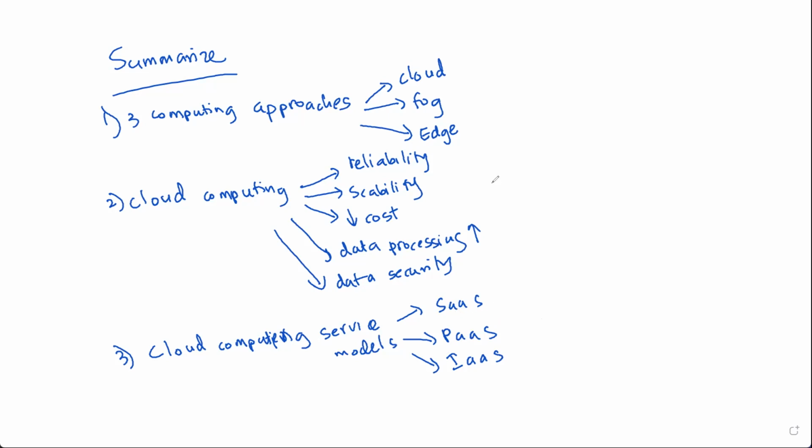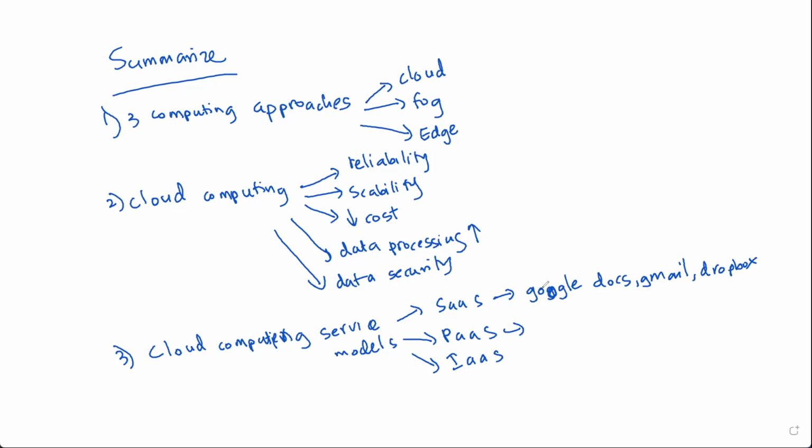In software as a service, we do not have any control over the software. All things will be controlled and hosted by the cloud provider. However, we can use those software and get our own requirements satisfied. Examples of this are Google Drive, Google Docs, Gmail, Dropbox, and so on.